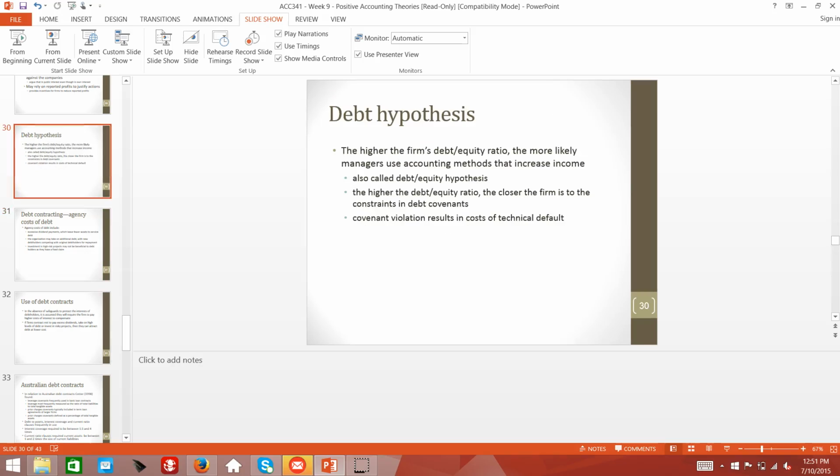We're potentially also likely to put things that are off balance sheet that the banks might not be as aware of. So we might negotiate better terms with our suppliers rather than extending our overdraft. So these are the sorts of things you could expect under the debt hypothesis that a business owner